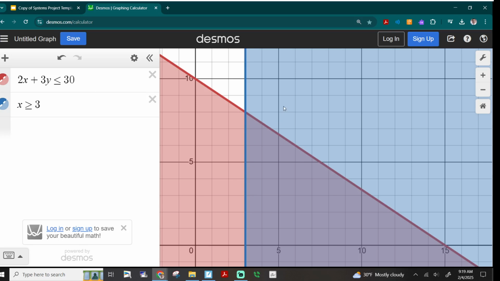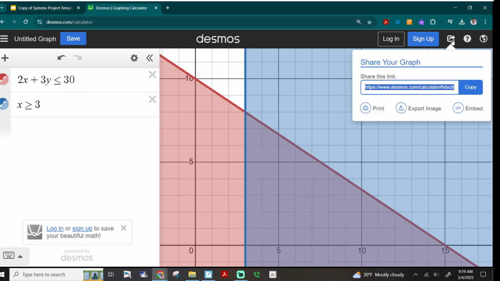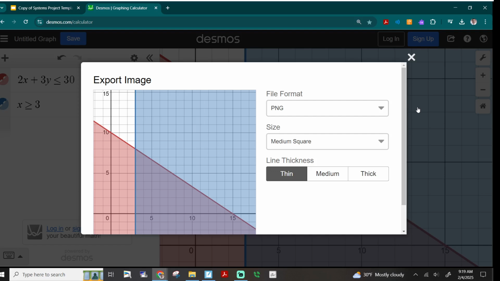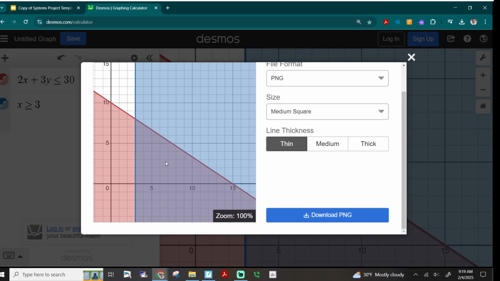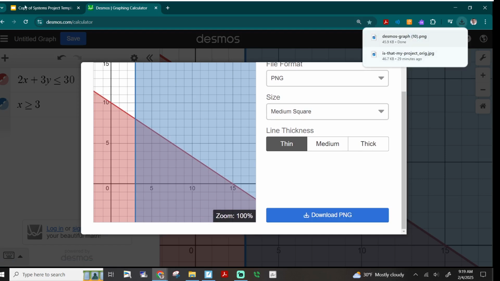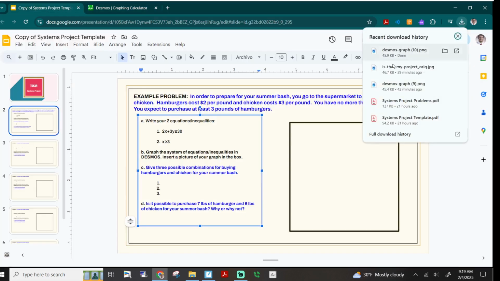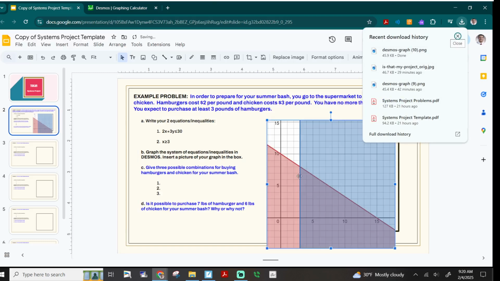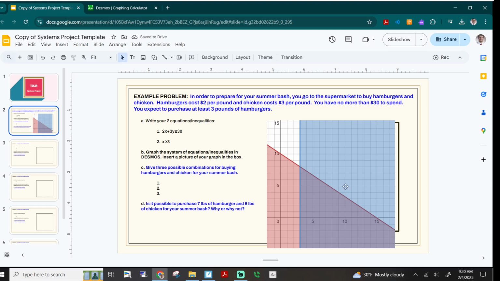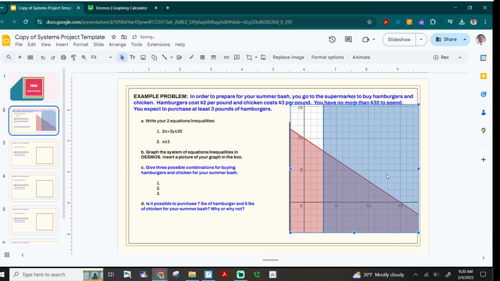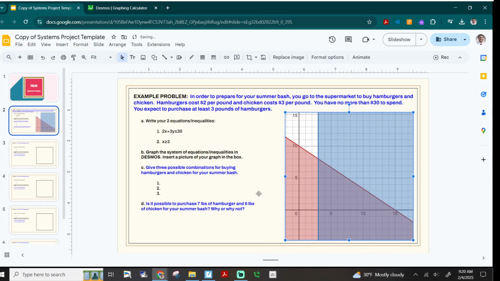I need to take this and put it into my slides, so I'm going to click the Share Graph button and Export Image. Here's my image. I'm going to download it. It pops up in my download bar. I can just drag it right onto my screen. And there it is. I can make sure it's all lined up. And there's my graph. So part A is done, part B is done,